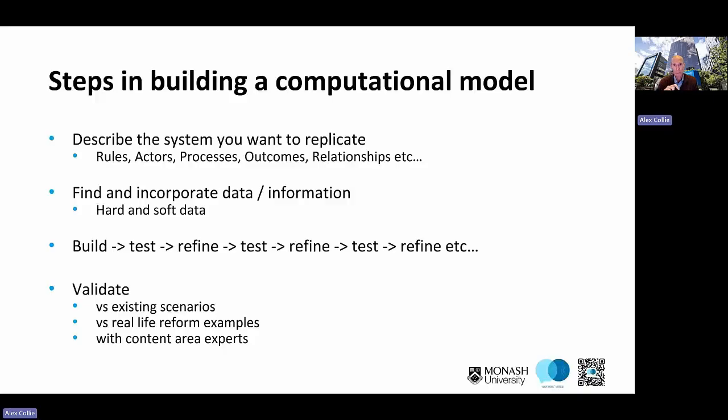We can go through and try to replicate that in our virtual workers' compensation system, and if we see the same or very similar outcomes, we know we've got a virtual system that's operating like a real workers' compensation system did. And that's the stage that we're at the moment. We're at the validation process of building these models.